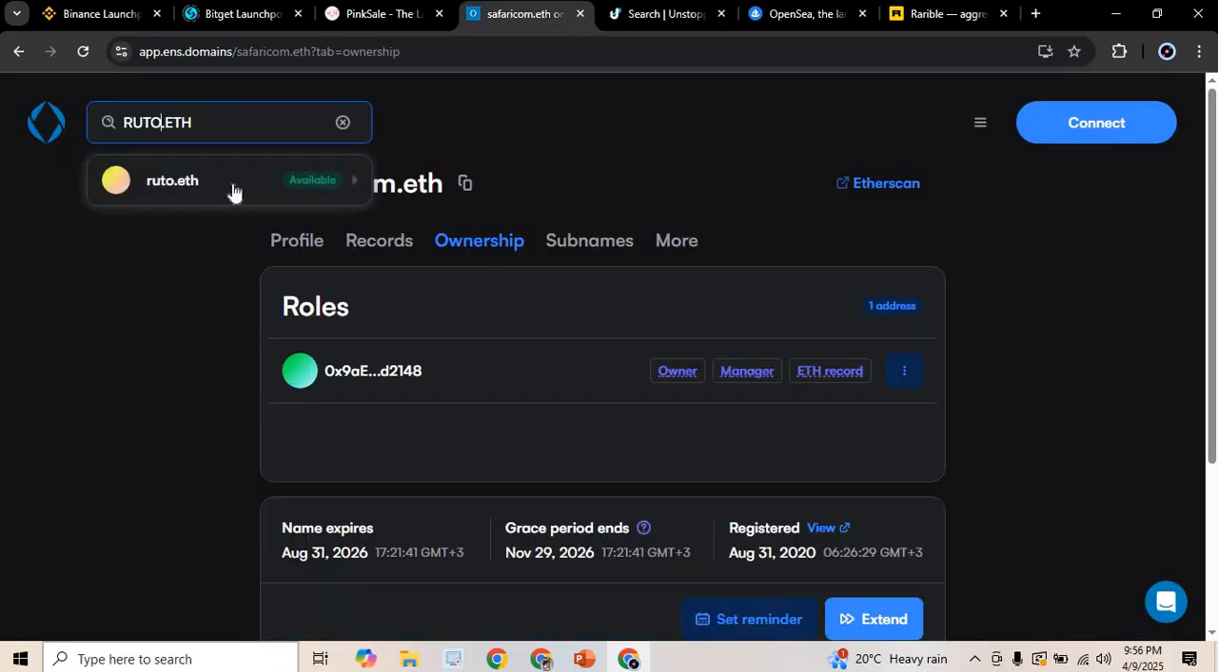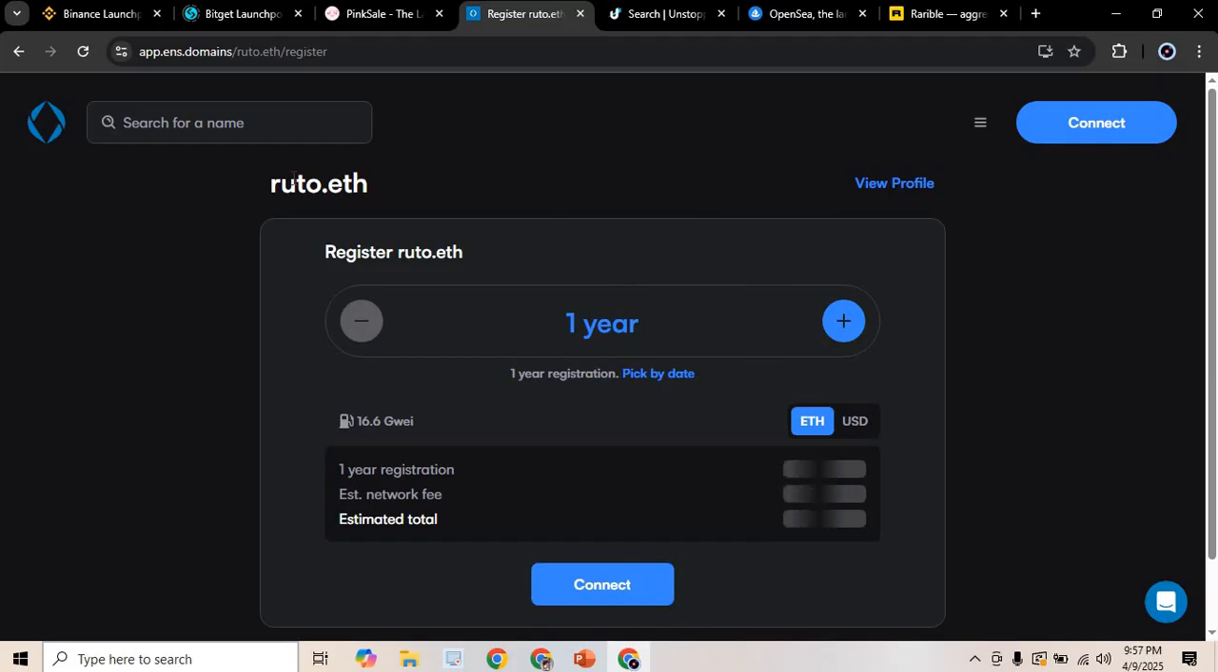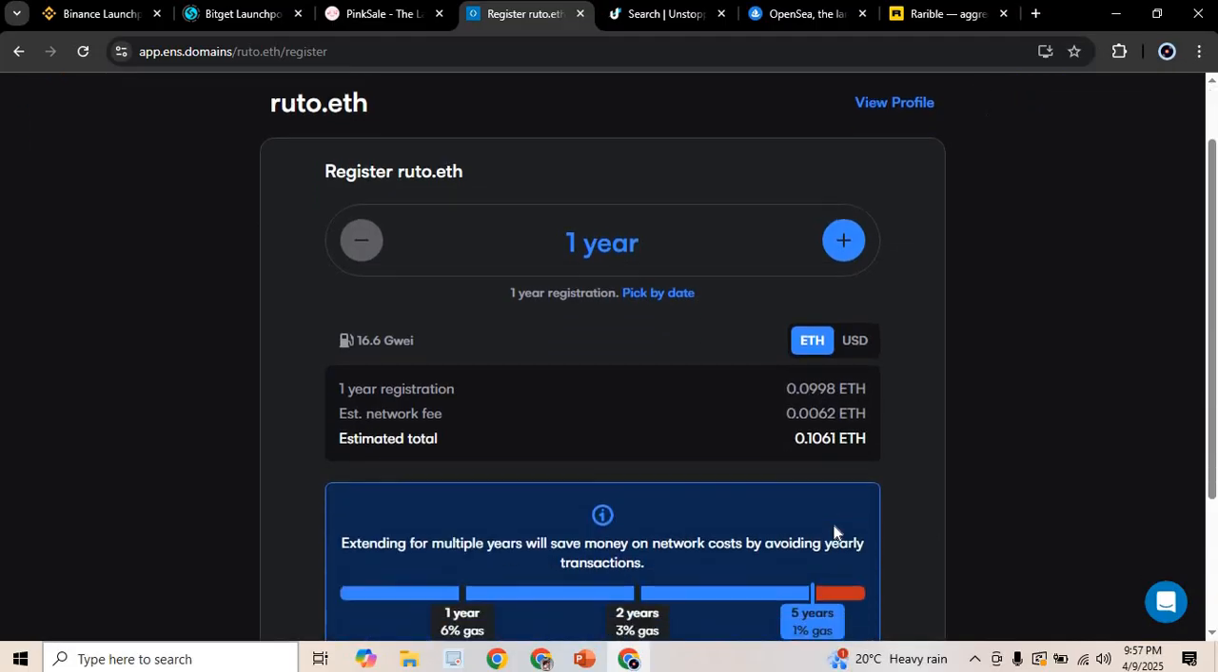Let's see this site. You can see even Ruto.eth. Yeah, he might come for your head. You can see Ruto.eth is available. Let's see on this site how much it's going for. They are giving this amount in